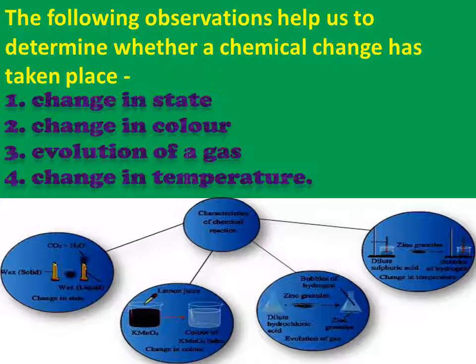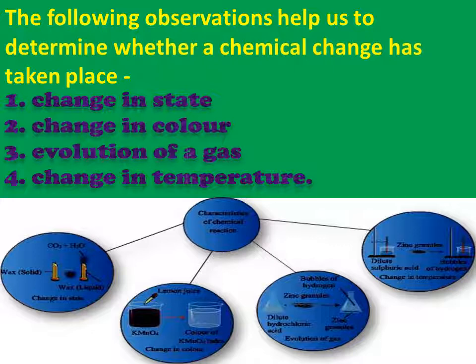First one is change in state. For example, if you burn a candle, then the wax of the candle gets burned, meaning it gets converted from solid to liquid by the liberation of light energy and heat energy, also CO2 and water. So solid converts into liquid. So you can say change in state occurs for a chemical change. Likewise,